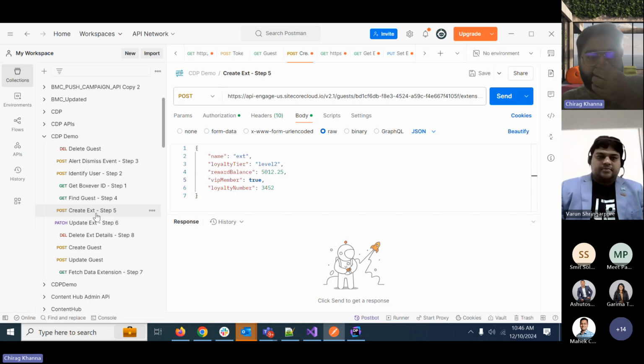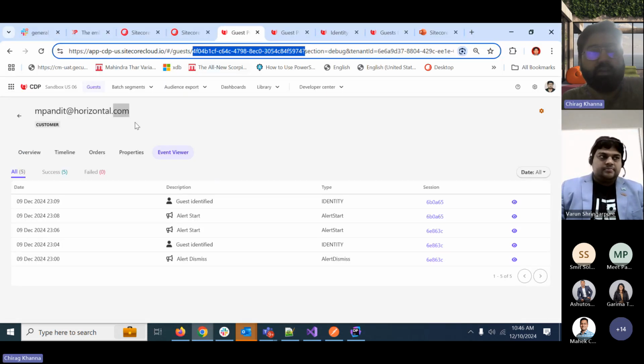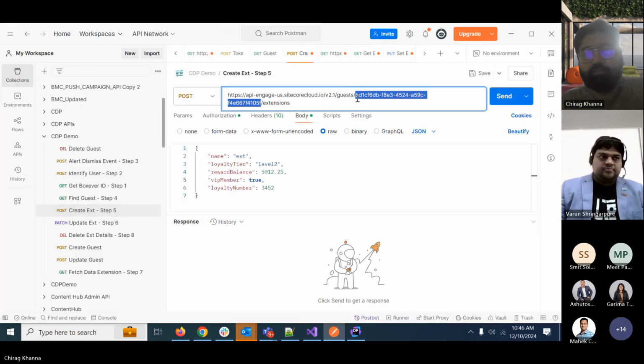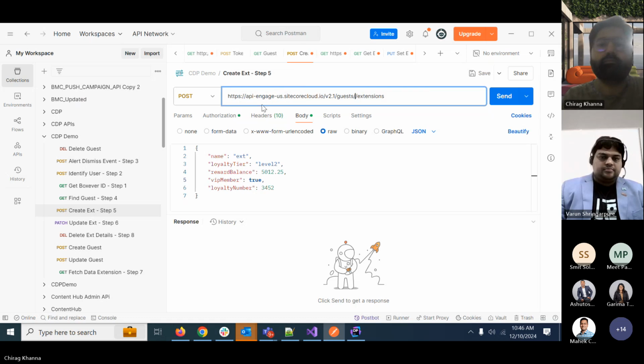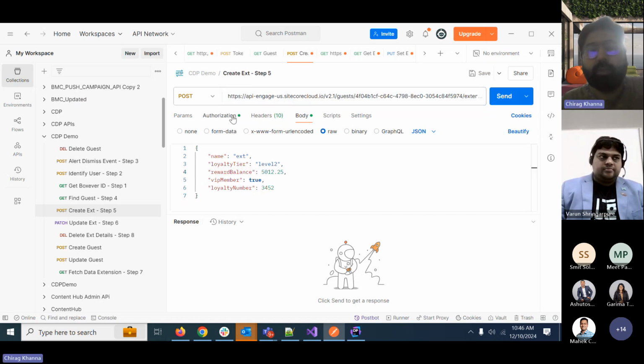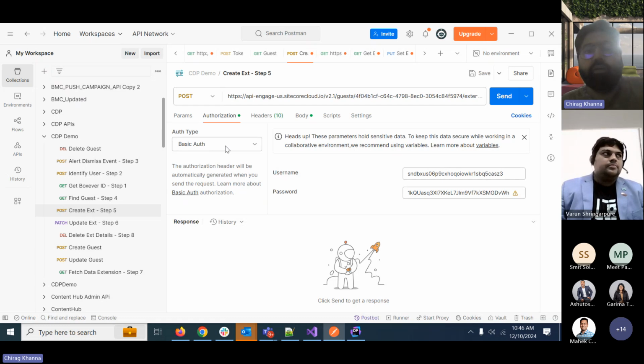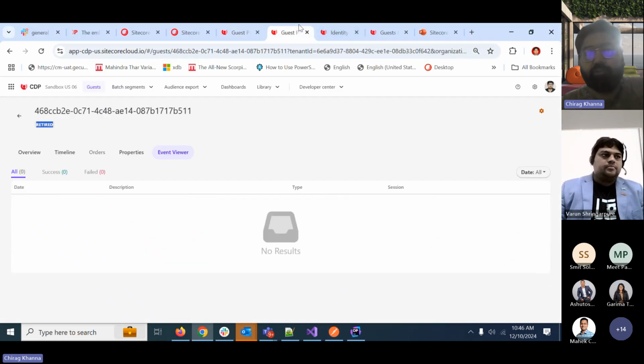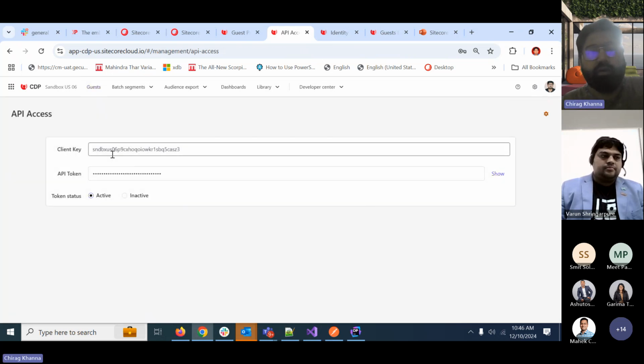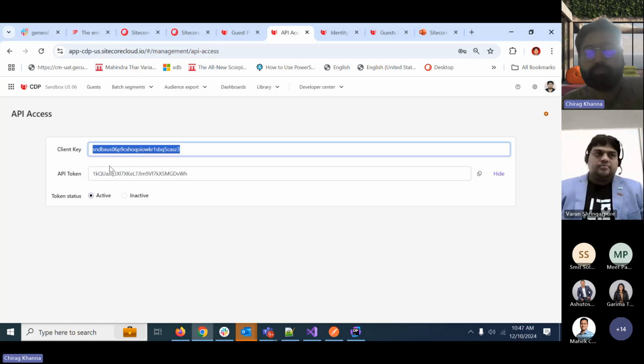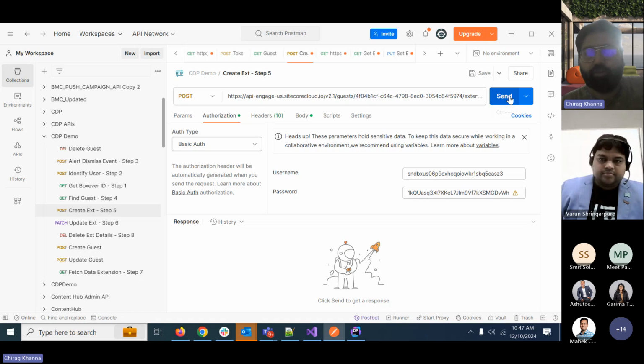So now if I create this data extension, let's say I go to this, as I mentioned, this API requires a guest reference ID for creating the data extensions. And the authentication, as I told, requires a basic authentication. This basic authentication I obtained from the client key and the API key. These are the same. This is the username and this will be the password. Yeah. And now if I click on send,